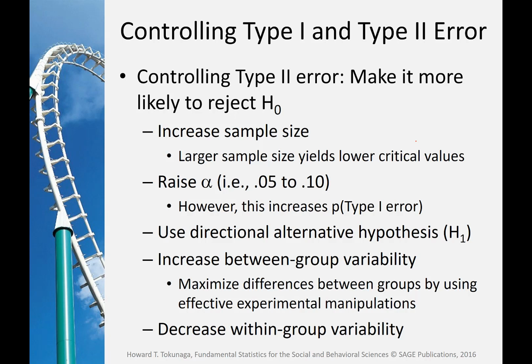The only way to mitigate against the type 2 error is to make it more likely to reject the null hypothesis. Of course, when we do that, what will happen? If we increase the likelihood that we'll reject the null hypothesis, we'll also increase what? The probability that we make a type 1 error. So if we make it easier on ourselves,